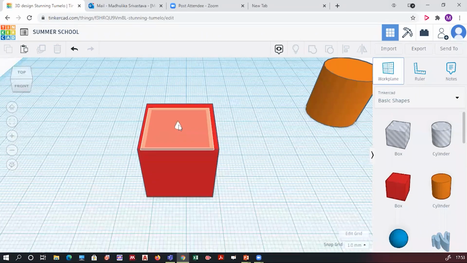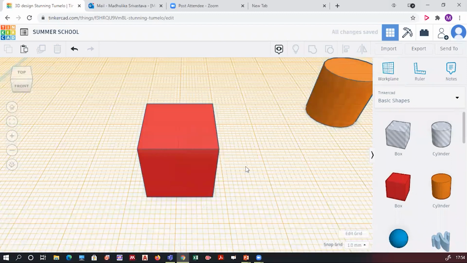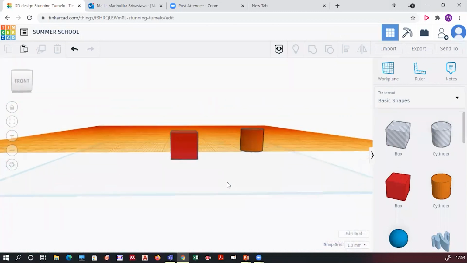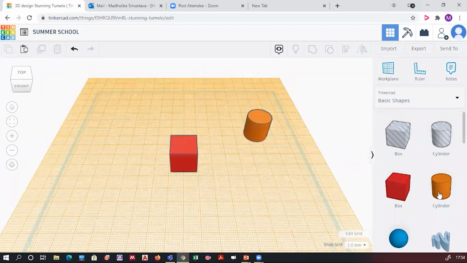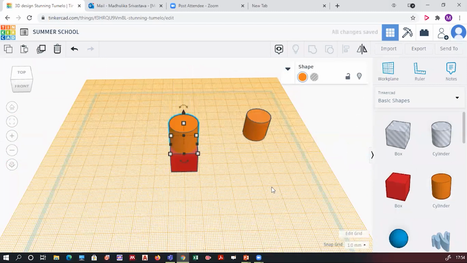You will see this white triangle at the top. It offers you to apply this work plane in different dimensions, on different sides. This side, that side, anything. Suppose I want to put an object on this top. So my new work plane will become this. Currently I am working with two work planes and the above one is highlighted for me. Then easily I can select any object and place it over this.